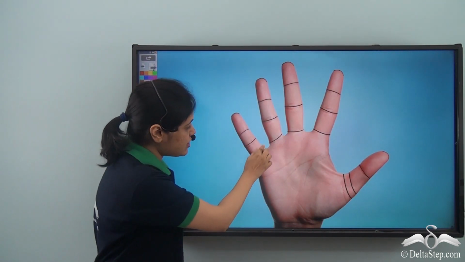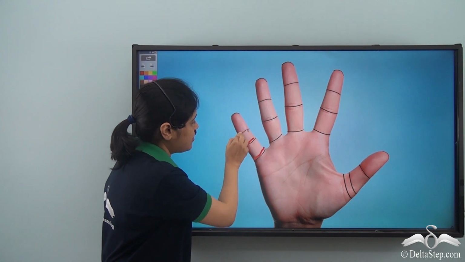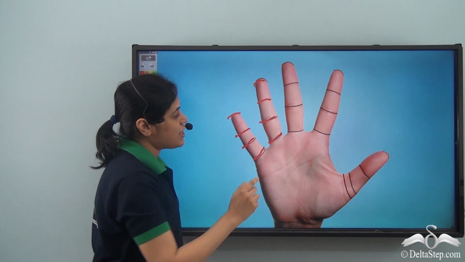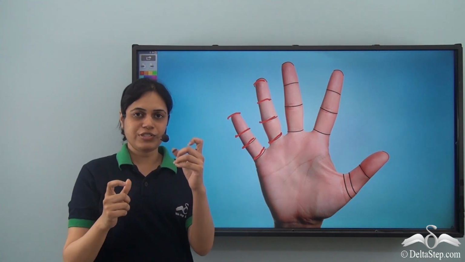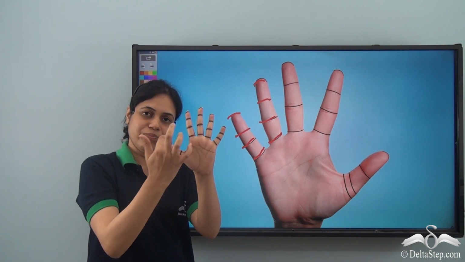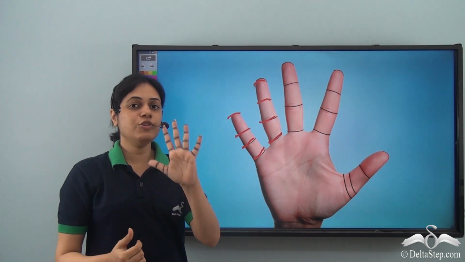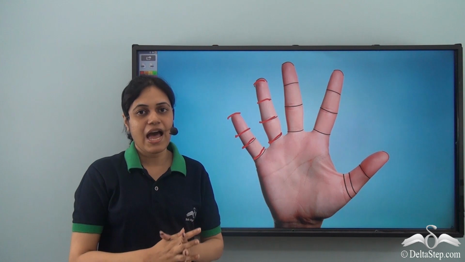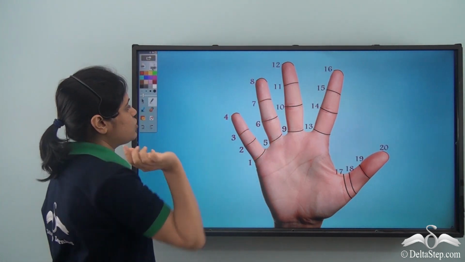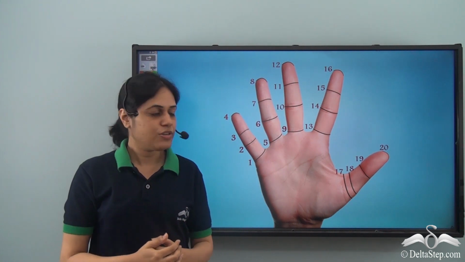Have you ever noticed these marks in your fingers? These are where your fingers fold. See? Where your fingers fold, there are certain marks. So now you can use these finger marks as objects and count these finger marks to perform subtractions.